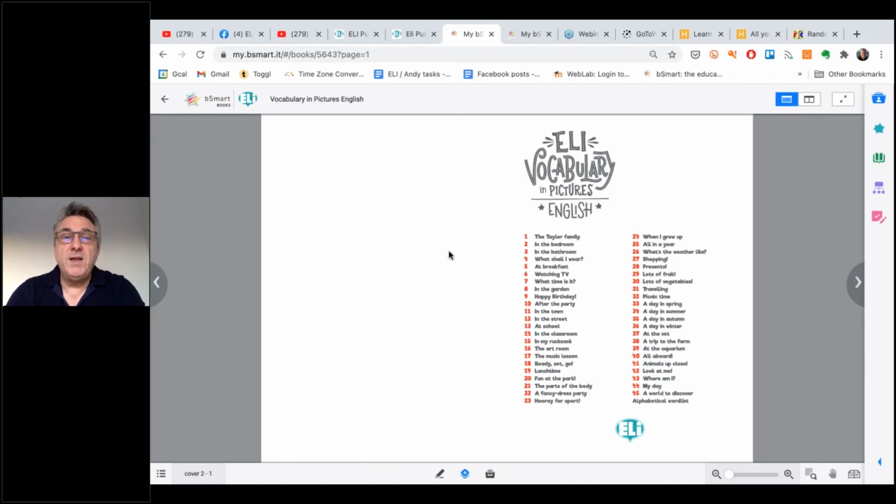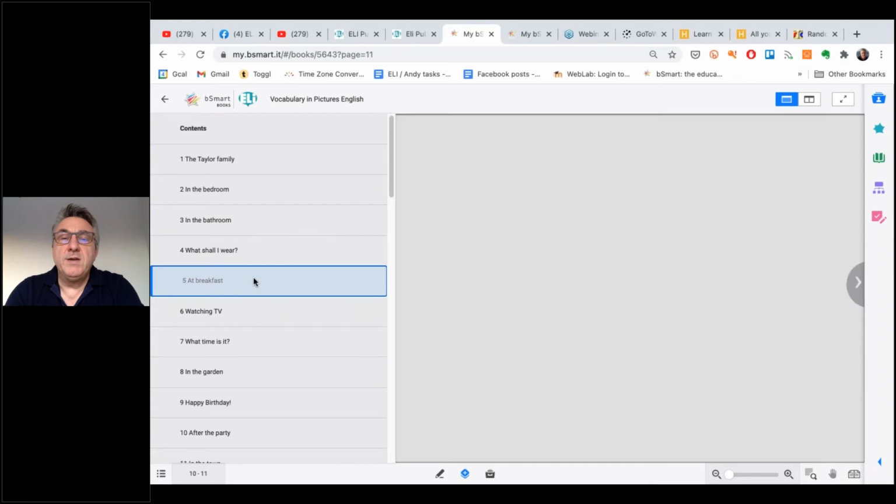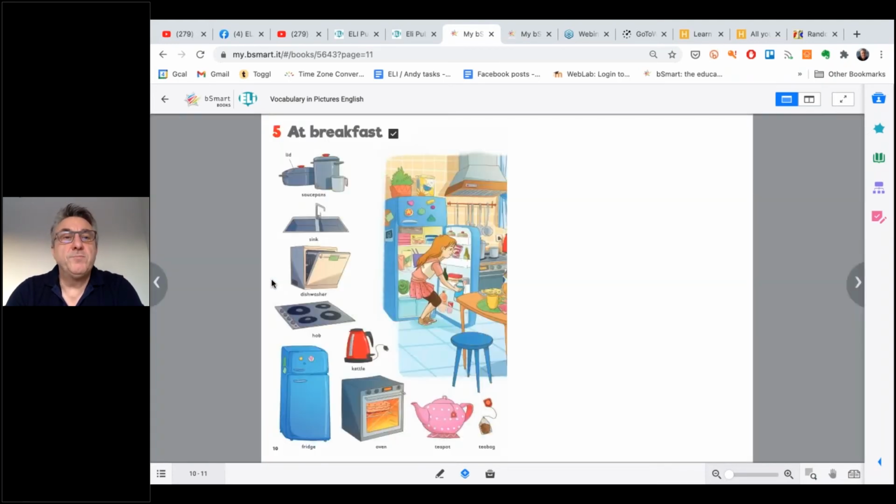This is a slightly lower level, and it doesn't have dialogues, but just picture dictionaries. And again, you can see the typical vocabulary that you can link to the course book, and which, with some creativity, you can use for grammar as well as vocabulary. All right, so let's pick one here. Let's say breakfast. We were looking at eating earlier, weren't we? So there's the page on breakfast.